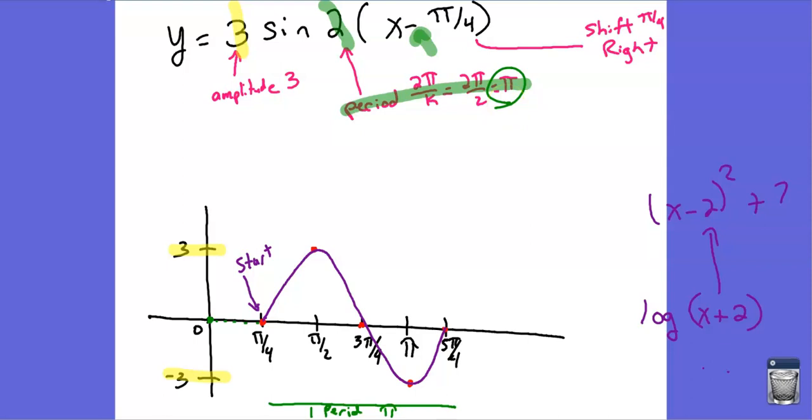And again, I want to emphasize this again, it doesn't start and stop there. It literally keeps going on forever. Okay, if we could do one cycle, one period, then we know what the rest of the graph's going to be. It literally keeps going on forever, in both directions. So just keep that in mind when you're graphing it. But typically we talk about one period of graphing sine functions or cosine functions. And then from there, we know what it looks like. And again, all the illustrations I did were based on the sine function that starts at 0, but you can do the exact same thing with the cosine function, which starts